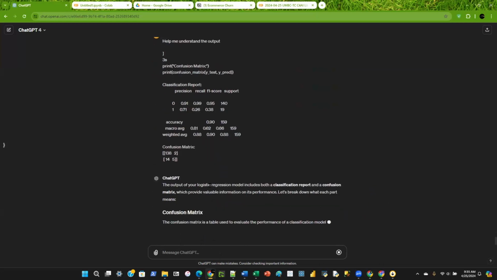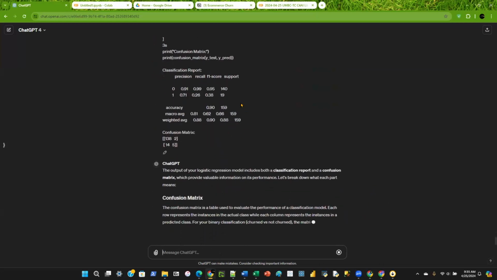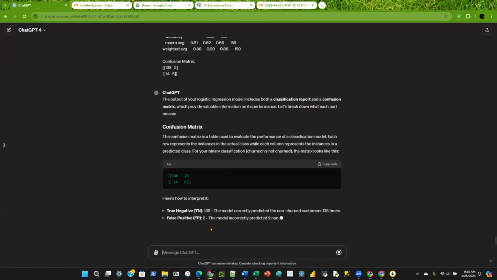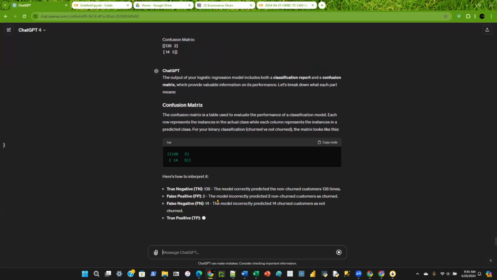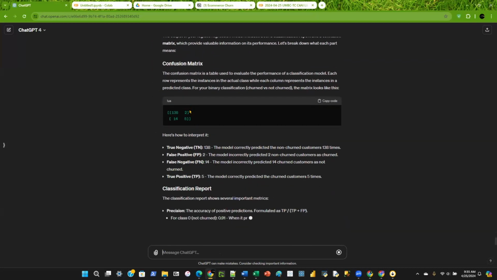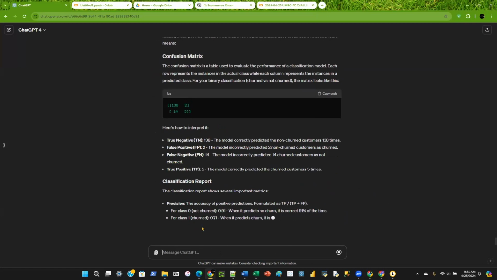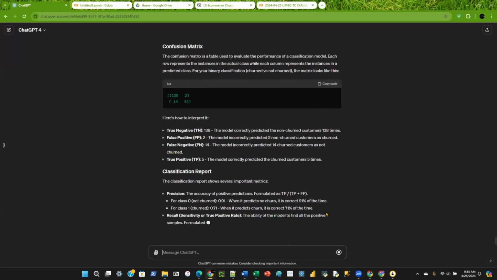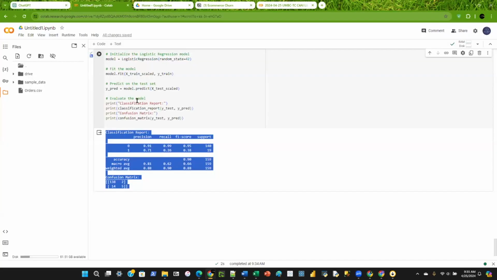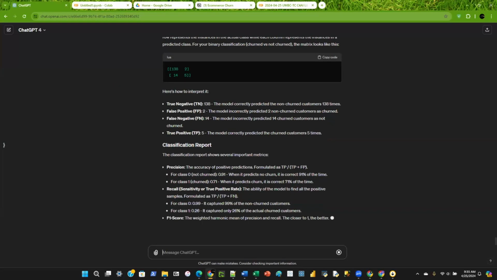It's telling me there's a classification report and a confusion matrix, and it's telling me how to interpret this. There are 138 true negatives and 51 true positives. So it's telling me how to interpret the results of this regression model.